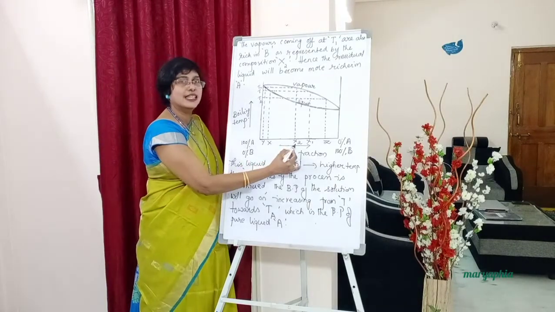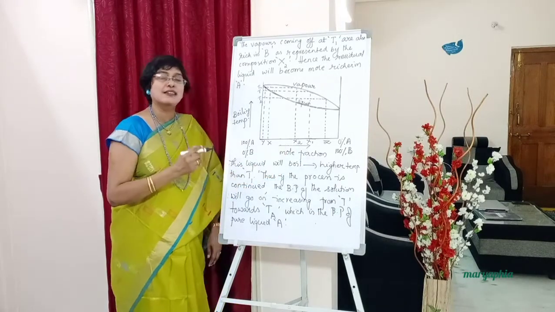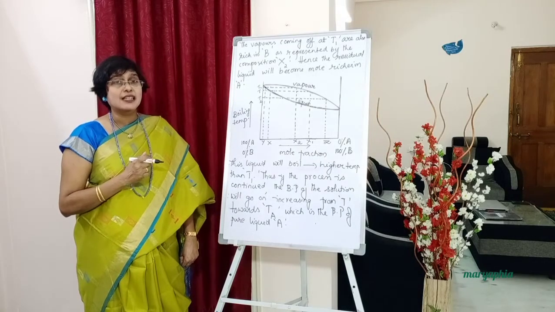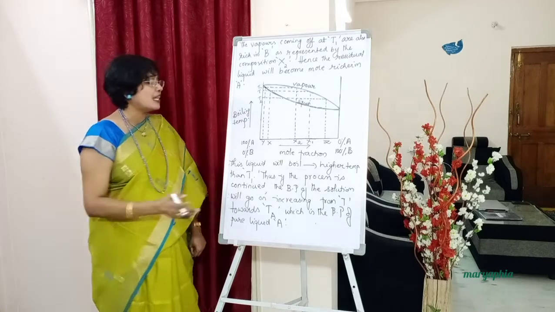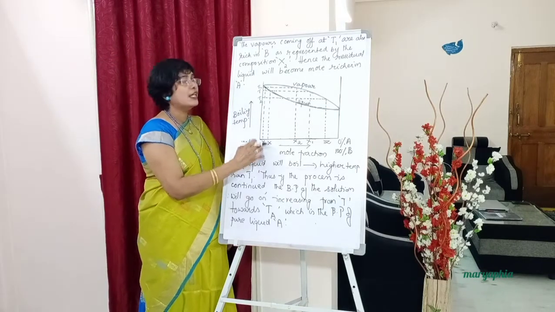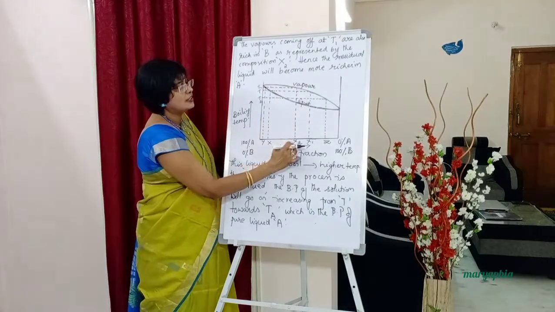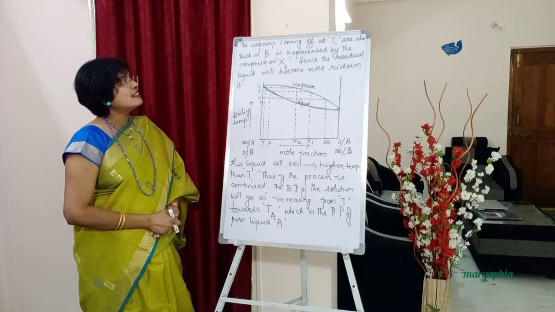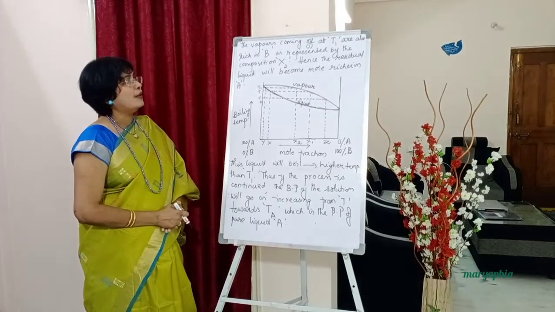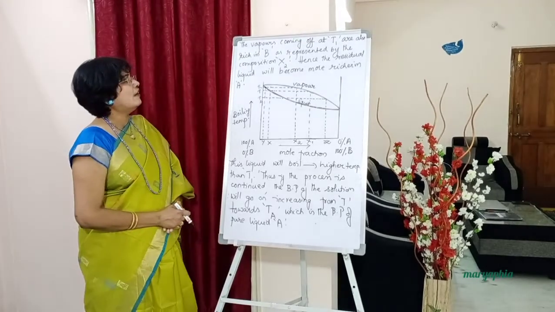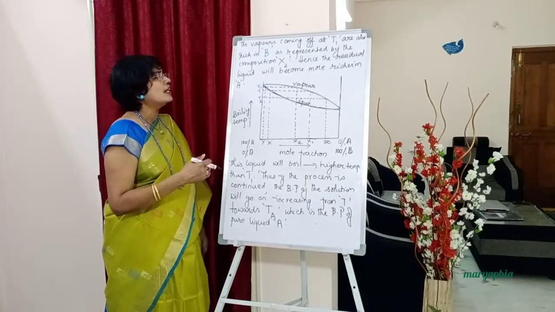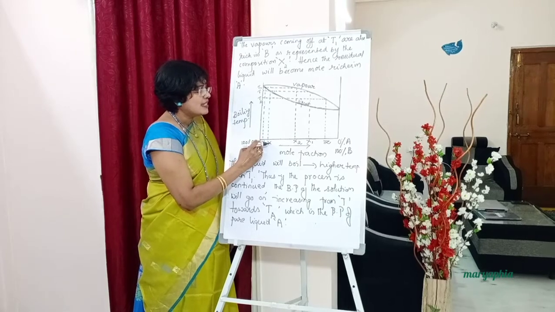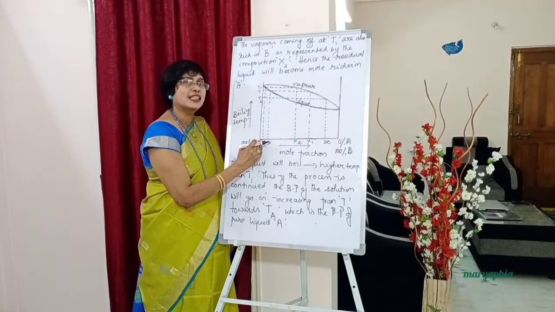So X2 is here. So here also if we observe the composition of the solution, it will be rich in B. Which one, students? Vapors coming off from Y. So this corresponds to the composition X2. That's what I have mentioned here. Full stop. Hence, the residual liquid will become more and more rich in A. So I have started anyway from here. It will be again somewhere here; we can mark it with another letter.